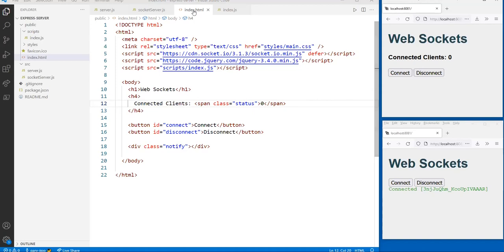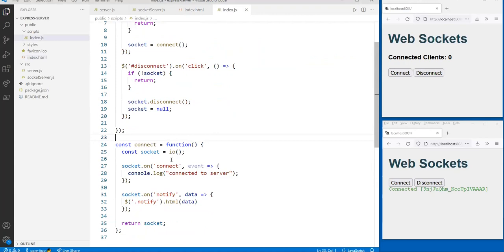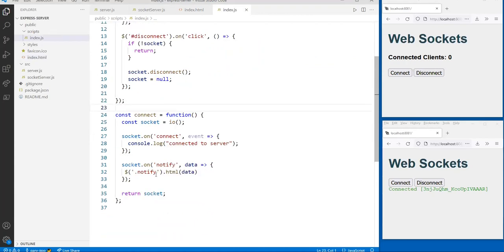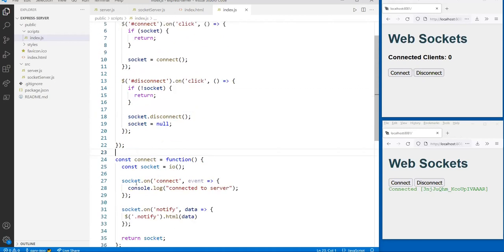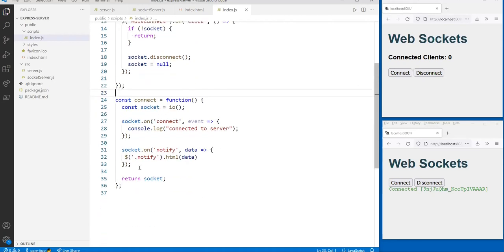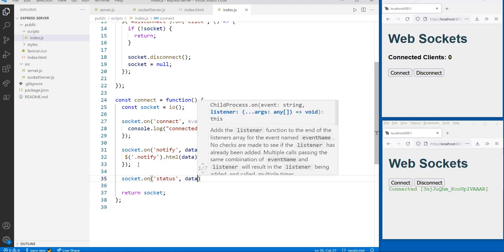So now, still on my client side, when I get an event, and if that event is a status event, well then I know that I'm going to get some number, and I can now listen for that and put that number inside my span. Okay, so let's go ahead and do that. Let's go in here, let's listen for socket.on. And I know everyone knows what it's going to be. Socket.on is going to be status, because that's the name I made up. And data,